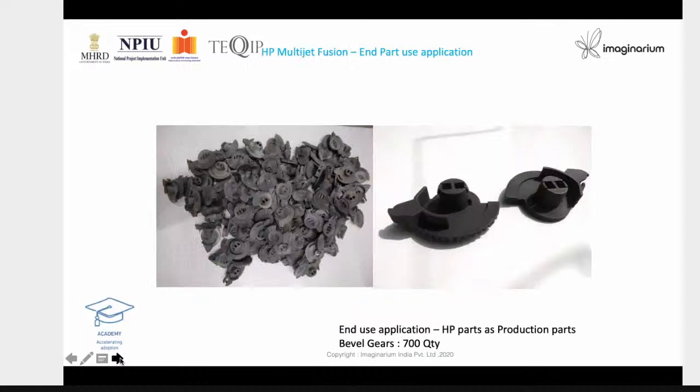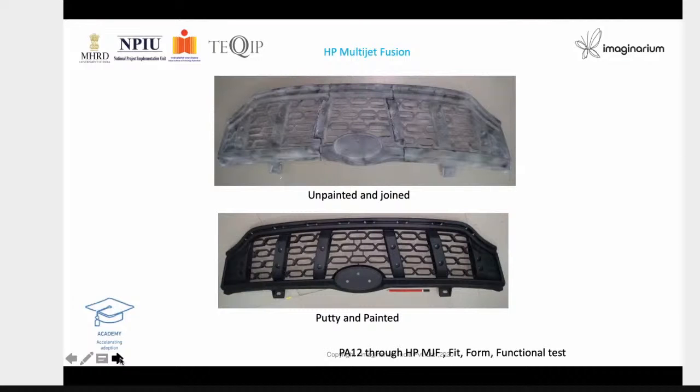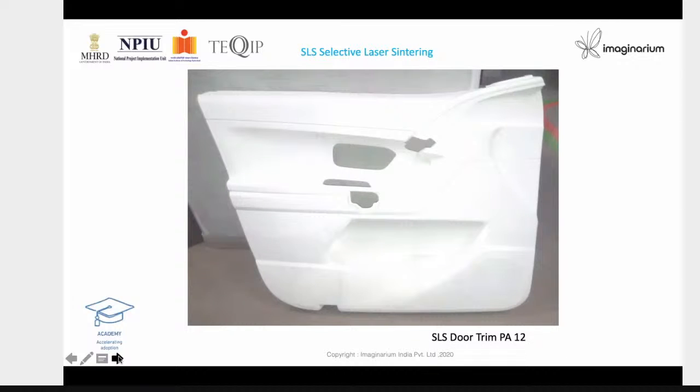Number of parts. You can see it's a particular type of bevel gear that is all printed. And this is all going for end user application. This we have seen yesterday. So some of these, actually the part is cut, and it is glued together and then it is painted. You can see there is a pencil here to show the size. So including the dashboard and all we can do. This is a car side door